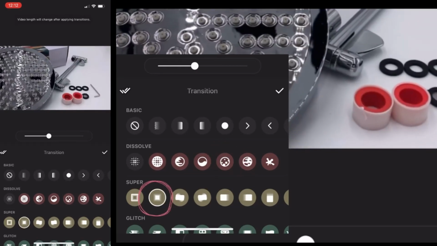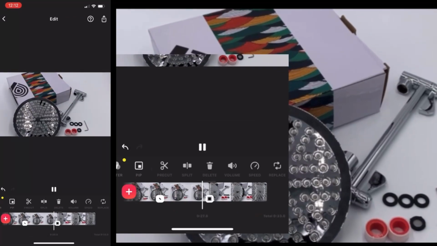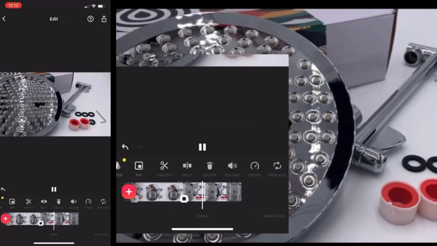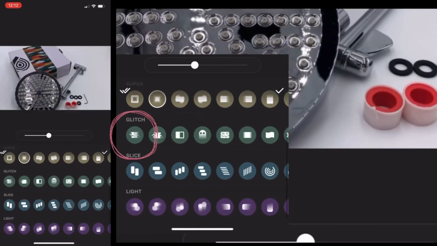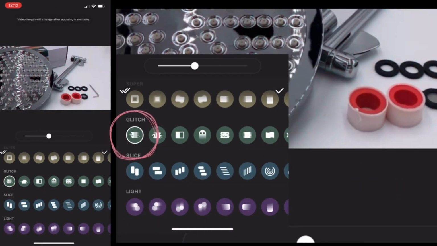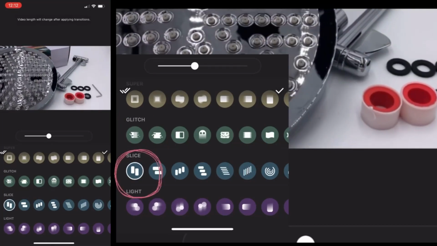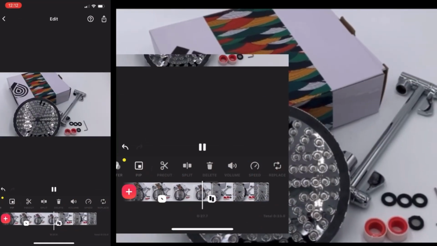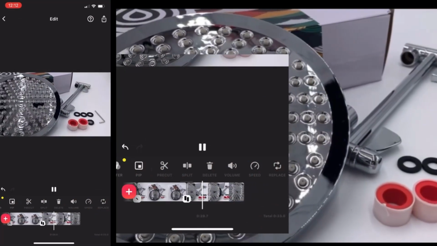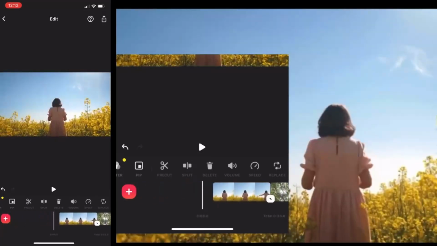Some are really jarring and will make sense if you're doing something that has a lot of action, like sports or something like that. Then you definitely want to use transitions that are a little more active. It just depends on what you're doing and artistically what you're going for, but it's just a really small touch. You can see I'm trying out glitch ones, I'm trying screen split ones, just different ones to make the